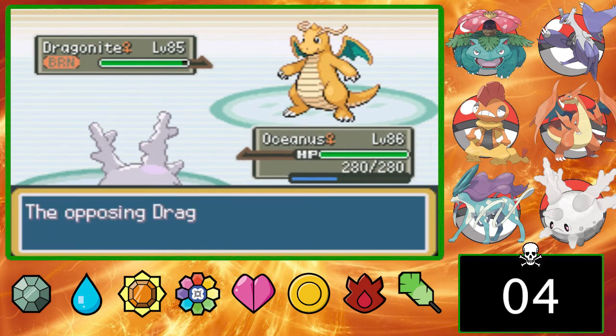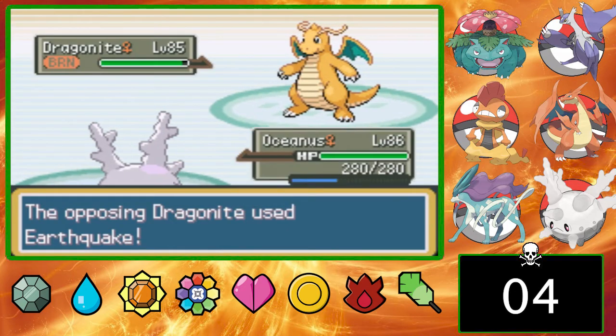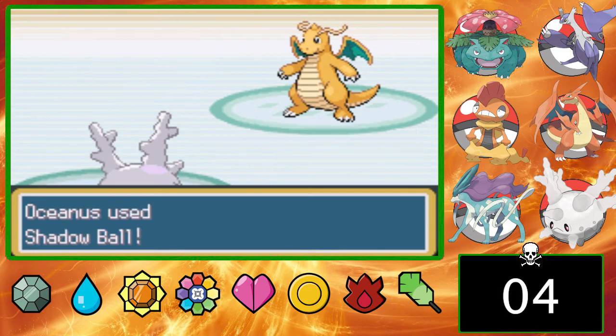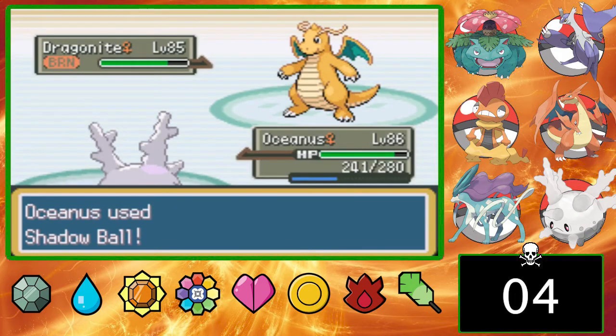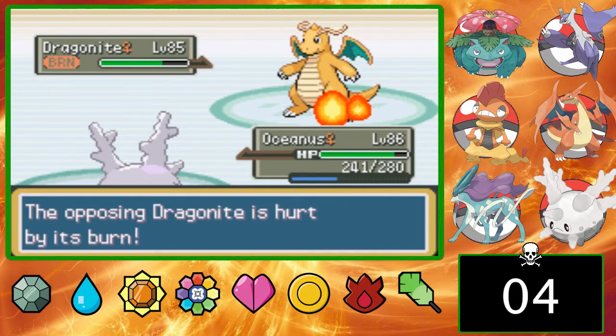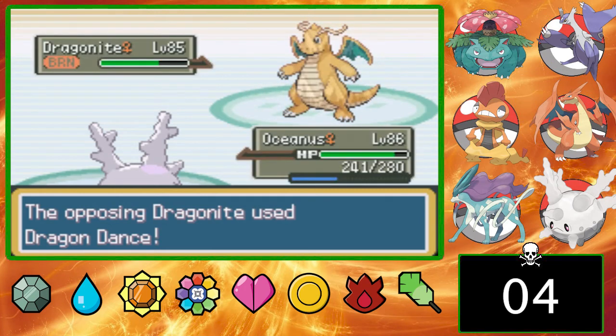So, Shadow Ball's next. There's no Earthquake, okay. That doesn't do much at all. I did not figure it to go for Earthquake of all the moves it has. It goes for a second Dragon Dance. But based on how much that one Earthquake did, that's not...